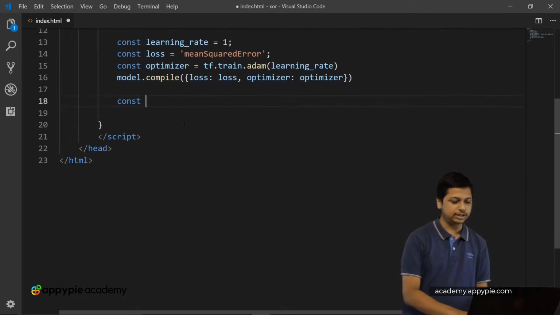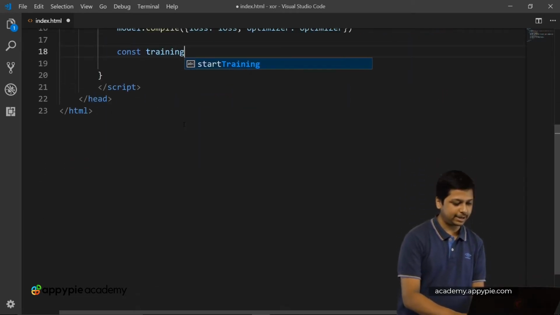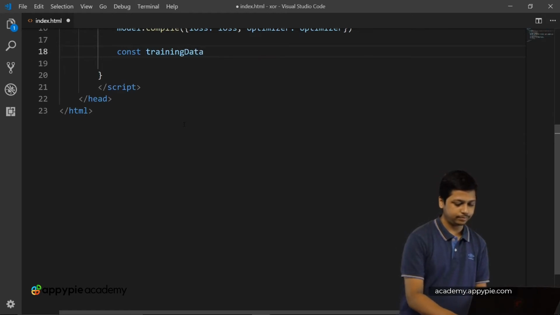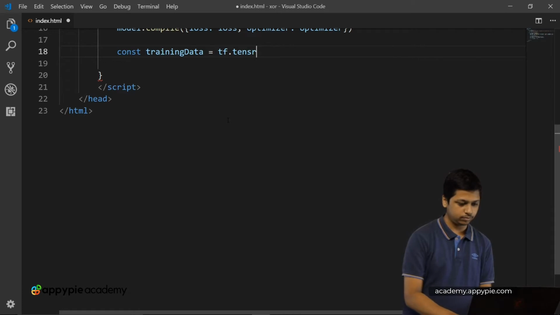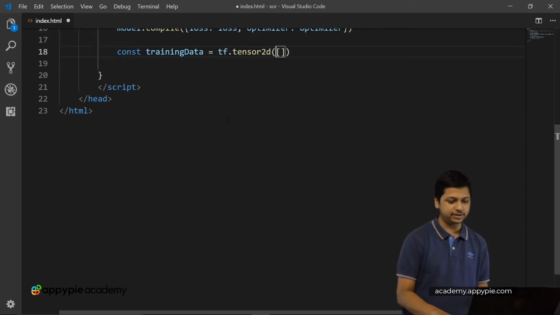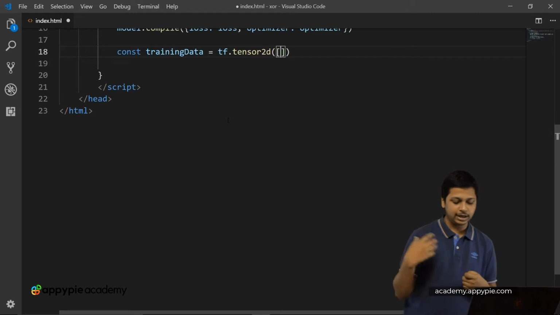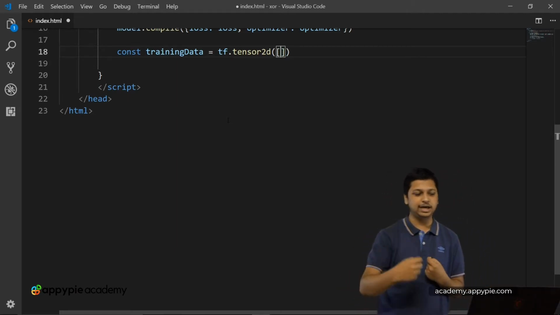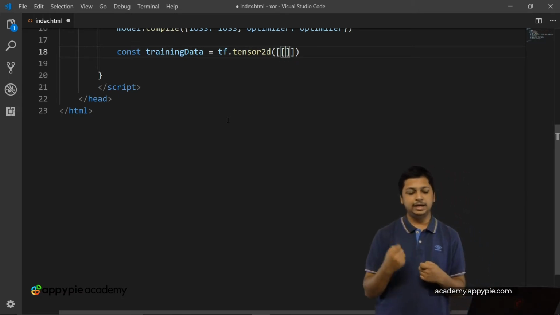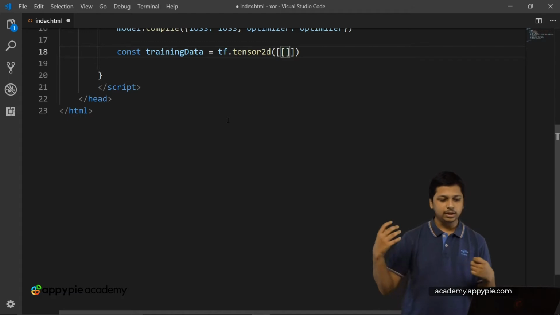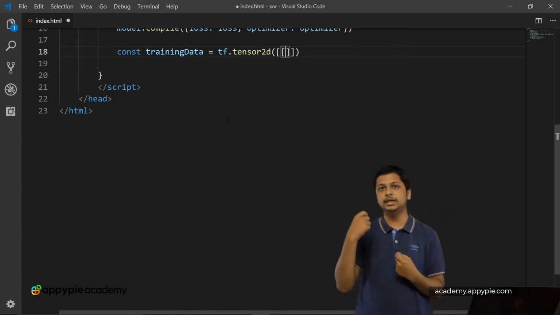So let's add a new constant and let's call this training data, and now training data is equal to tf.tensor2d. So we have a two-dimensional tensor over here, and now inside this two-dimensional tensor let's first declare our initial array brackets, and now inside the initial array brackets we have a further set of a few arrays. So this is our first array, and inside this array we have to basically provide the input cases.